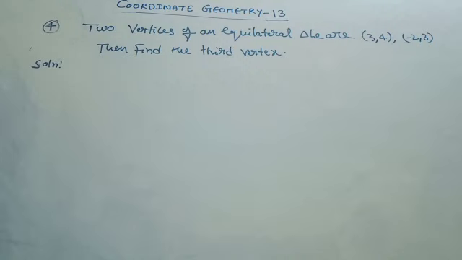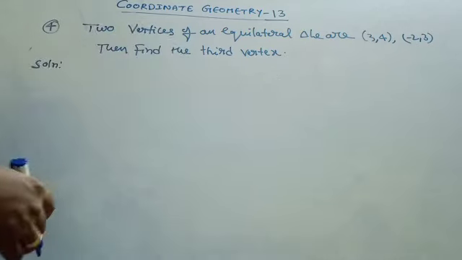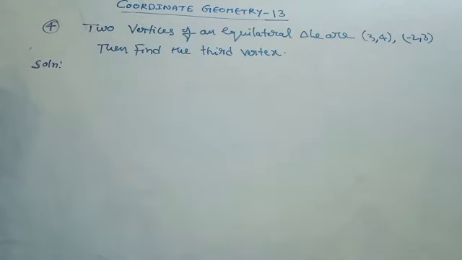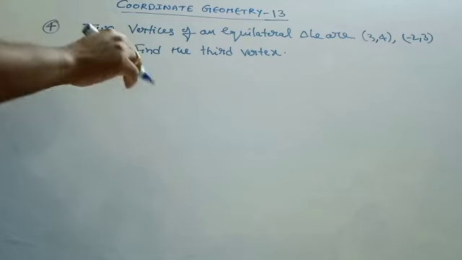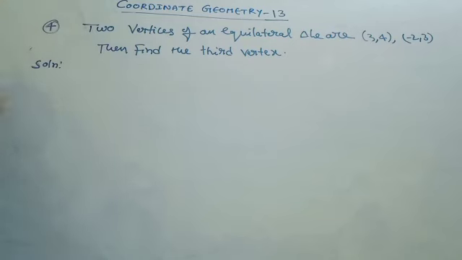Now we have the fourth problem. Two vertices of an equilateral triangle are (3, 4) and (-2, 3). Then find the third vertex. This is the problem. And the third vertex you are going to get as some irrational numbers. One thing we have in coordinate geometry: all the three vertices cannot be integral or rational points in an equilateral